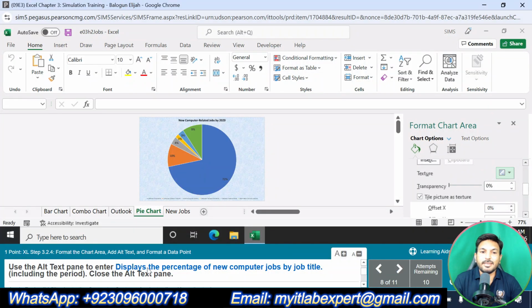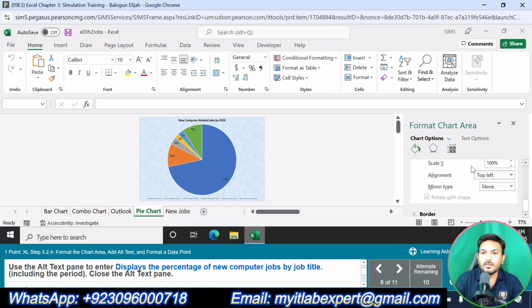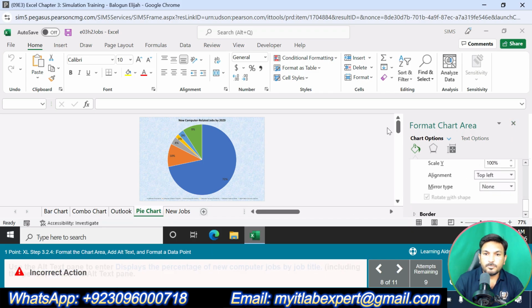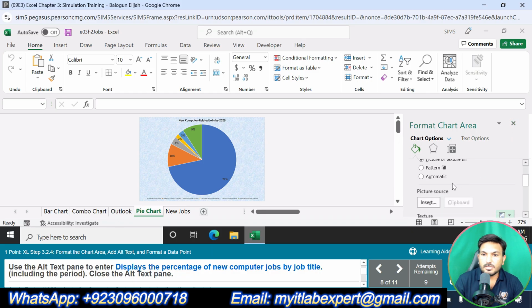Question number 8 is saying use the alt text pane to enter the text. Okay, so let me see the alt text box. Where is the alt text? Let me see for the alt text.